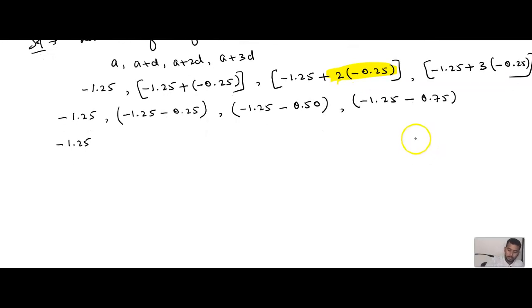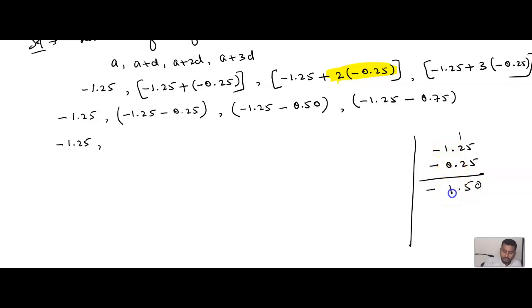Now, minus 1.25. Let me put one working column here. Comma, minus 1.25 minus 0.25. See children, we are adding both the numbers, right? If both are minus, we should write minus only, but we should add. 5 plus 5 is 10, 2 plus 2 is 4, 4 plus 1 is 5, point as it is, 1 plus 0 is 1. That's nothing but minus 1.50. Any doubts?